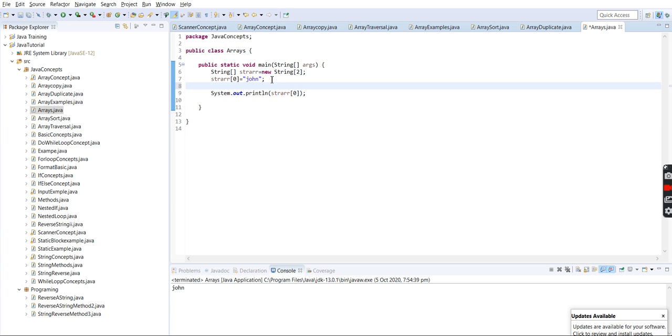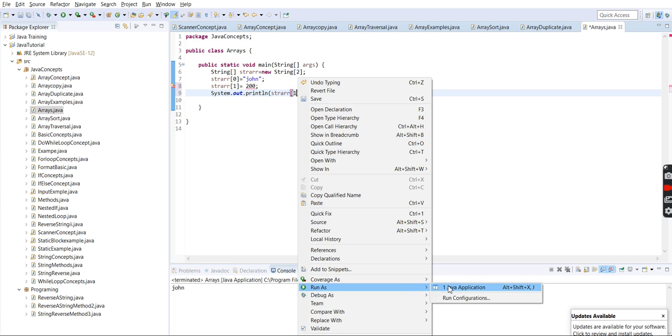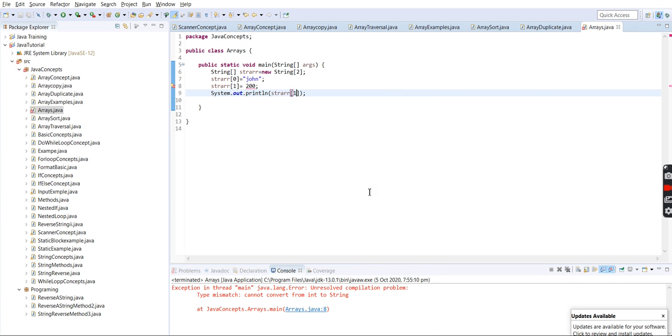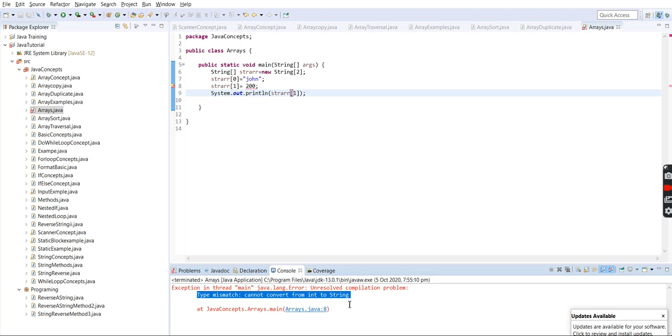Now we'll try to add the second element. It's giving a compilation error: type mismatch, cannot convert from integer to string.